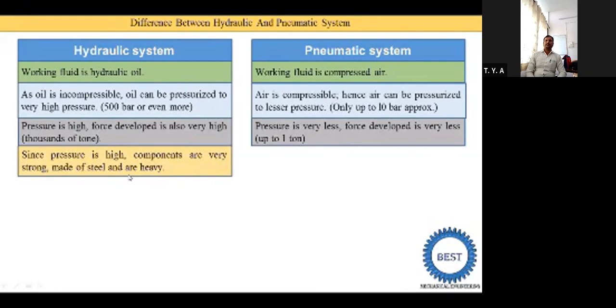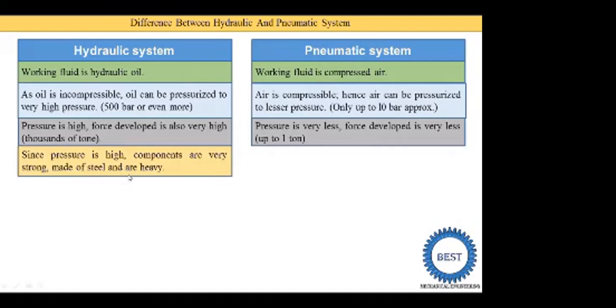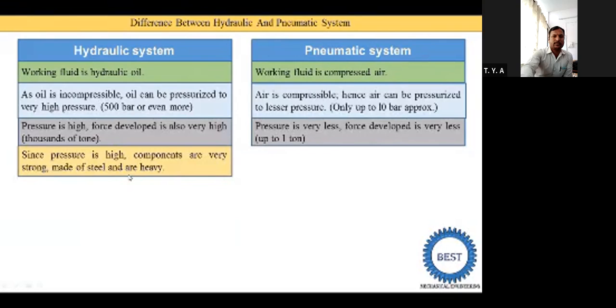Now suppose we use a tube tire. What is the thickness of the tube? In a two-wheeler, the thickness of the tube is smaller. In a four-wheeler, the thickness of the tube is higher. In a truck and heavy loading equipment, the thickness of the tube is higher still. Why is this required? Because when the pressure is increased, we require a higher thickness.